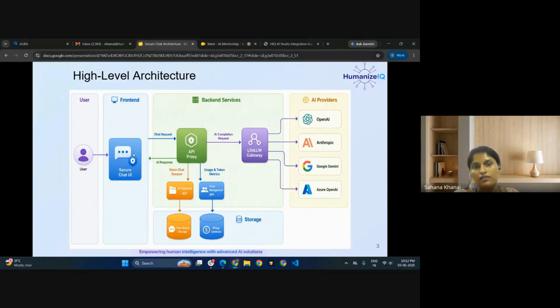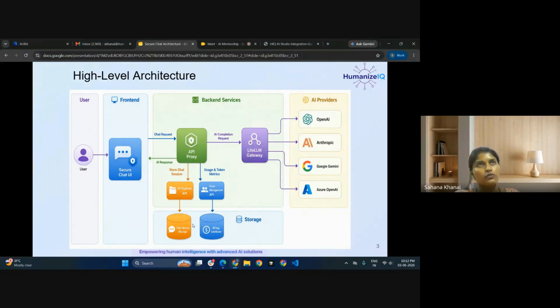Once the response is rendered, after that we are going to save. In the morning I told you all the chat sessions are indexed into the knowledge base and stored in object storage. So for that we save the chat history through the R2 Explorer API. It is hosted in Cloudflare and connected to R2 Object Storage.